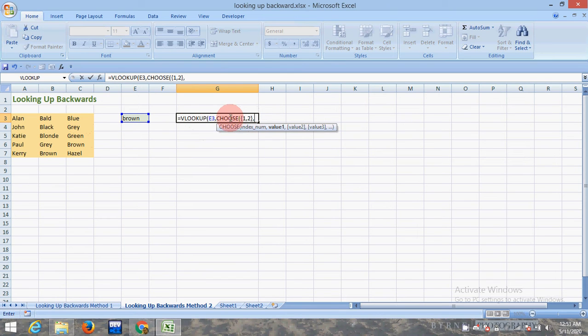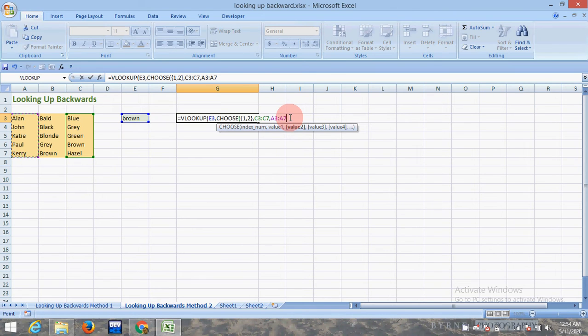Value 1 is always the lookup column. The lookup value is in column C, and value 2 is what you want to return. We want the name of the one who has brown hair.